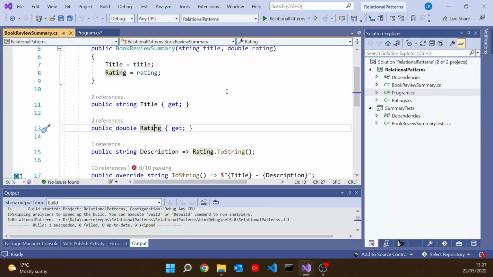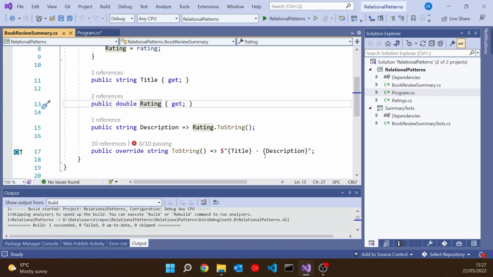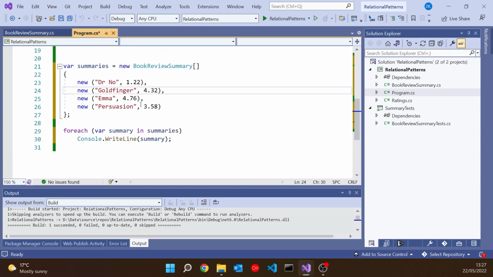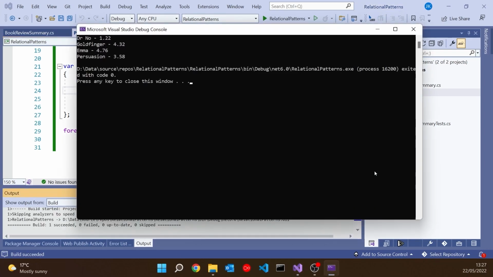And what I've got at the moment in the program is this toString that prints out a title and a description, but at the moment that description is just the rating, so that's all we've got there. And so if we just create some made-up books and we print all of that out, then we're just getting the average ratings that I've made for those books, all working fine. But what I want to do here is not have those average ratings, but simply to summarize the ratings so we can have different words describing different levels of quality.